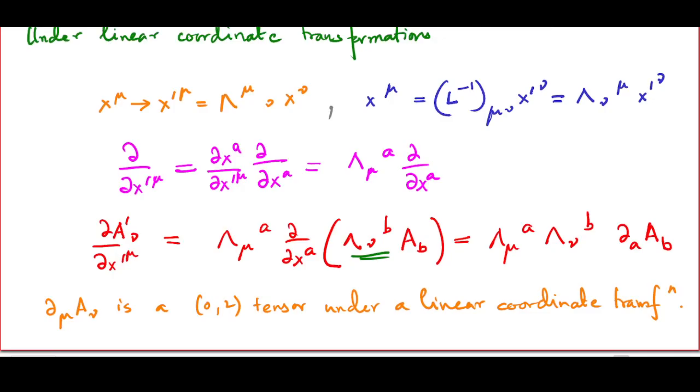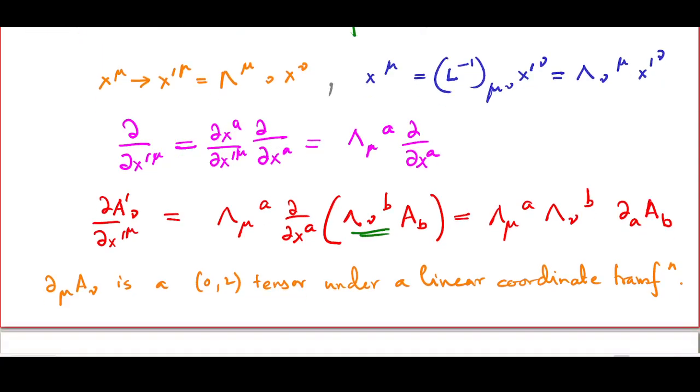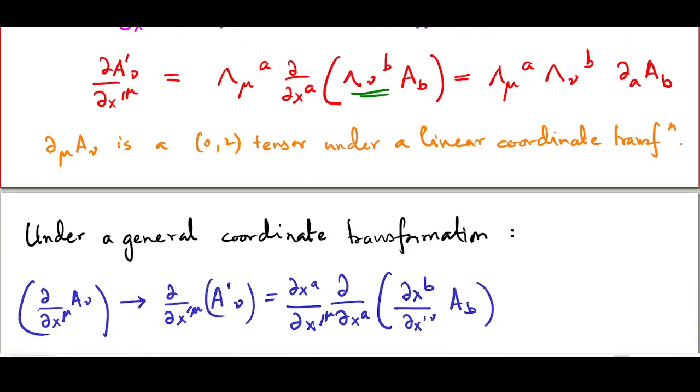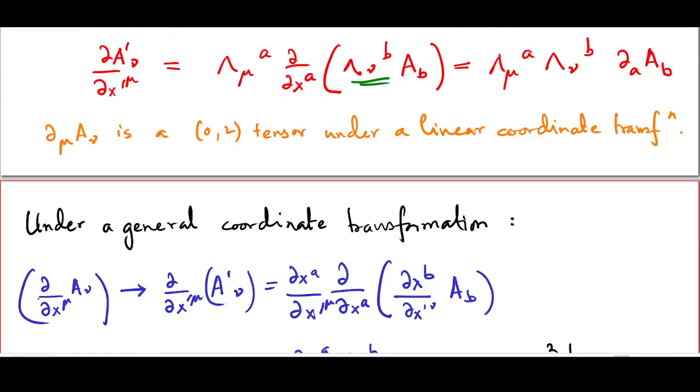What makes this question really interesting is whether the conclusion will survive when we carry out a non-linear transformation, a general coordinate transformation. And that is a more complicated question. Once again, ∂/∂x^μ of A_ν under a coordinate transformation becomes ∂/∂x'^μ of A'_ν,